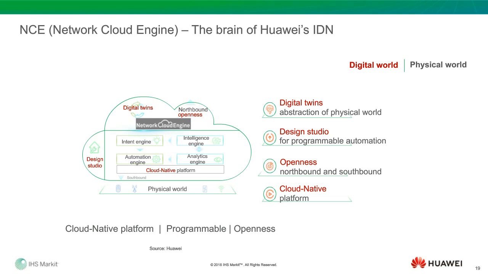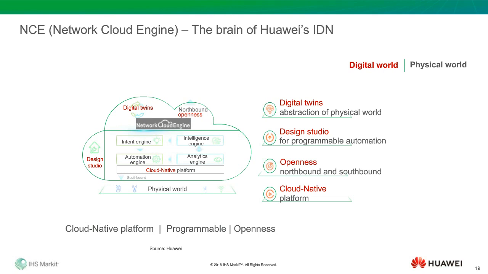Why do we call it that? Because this is a brain, a kind of central brain for Huawei IDN. And if you check this platform, Huawei put in a huge R&D effort. Pretty much 1,000 engineers are working on this platform, trying to build the intent-driven network. And I would say this is the platform, okay? The platform has multiple key components here, if you want to implement what's called closed loop automation.